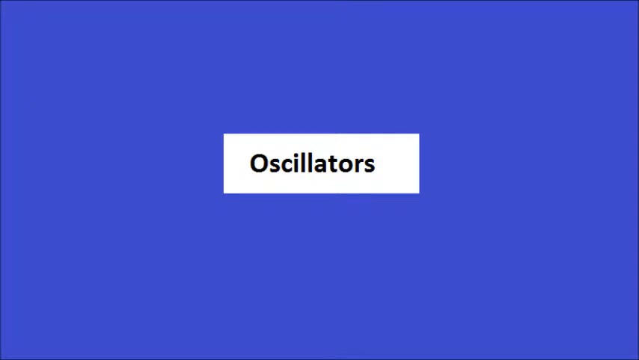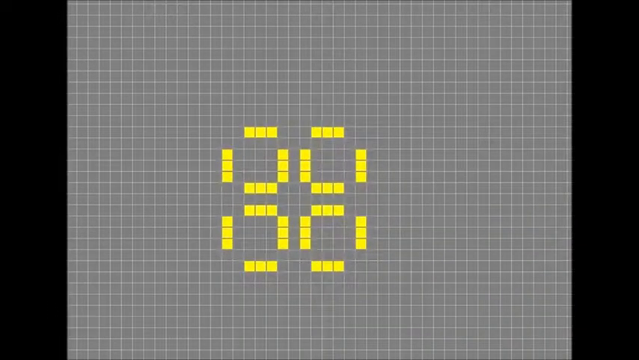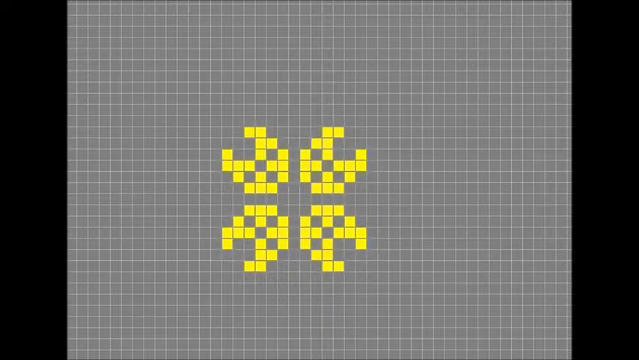Next, we will look at oscillators. Oscillators are cell structures that after a number of generations will return to the starting pattern that they started with. These generations can be as little as 2 or as high as 312. Some of the smaller cell oscillators are shown here, such as the blinker and the toad structure. However, as we can see, oscillators can involve more generations before returning to their original pattern, such as the pulsar with 3 generations,